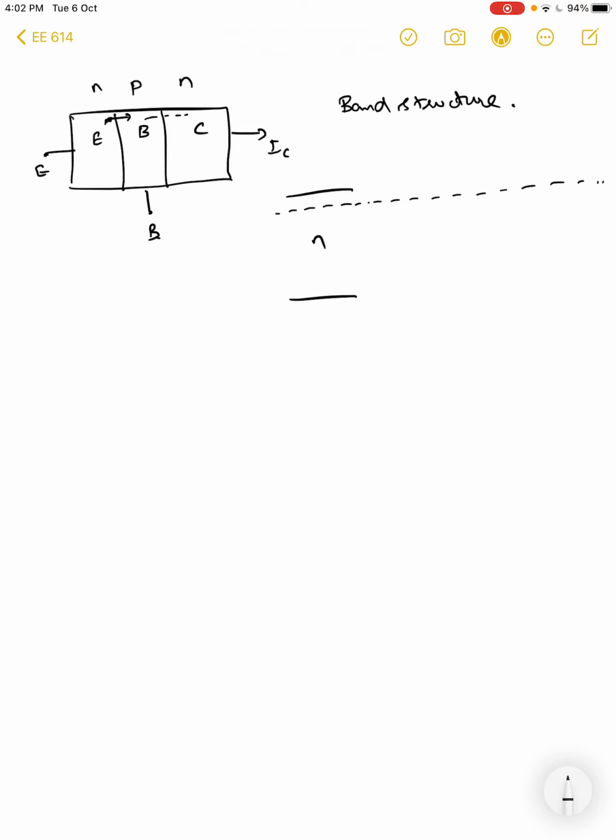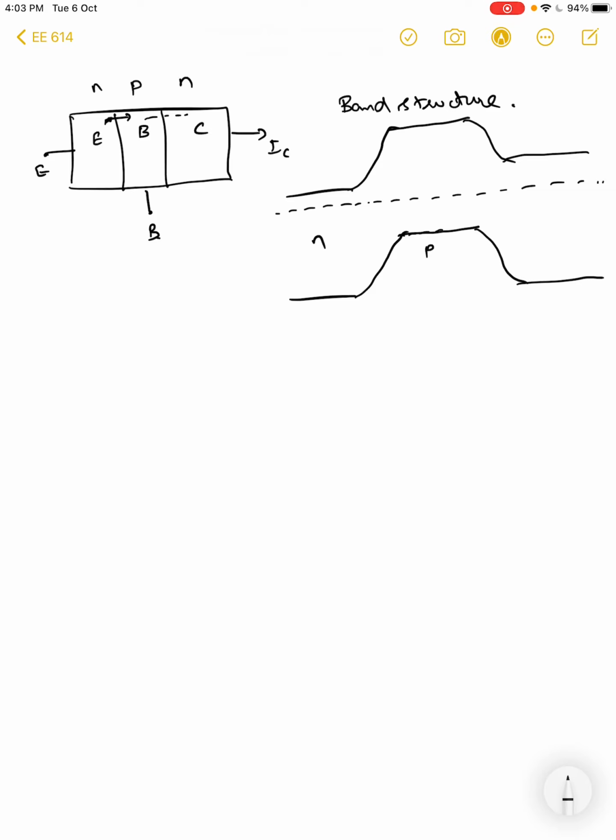We will talk about the need for, or the doping criteria for the base. So we are going to draw something. It has to be a P-type junction, right? So somewhere it is closer to the valence band than to the conduction band, but where it should be placed we will discuss, right? Should it be heavily doped, should it be mildly doped? All these things we will discuss. And the collector, once again we will see how it should be doped, but then it is again an N-type semiconductor, so we are going to draw like this. So the eventual structure is going to look like this in the situation where it is under equilibrium, right?